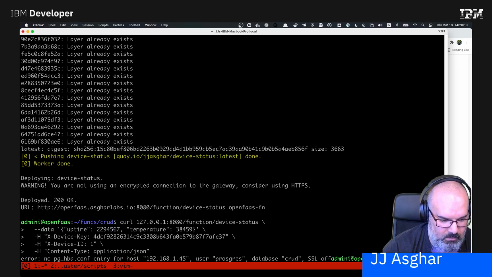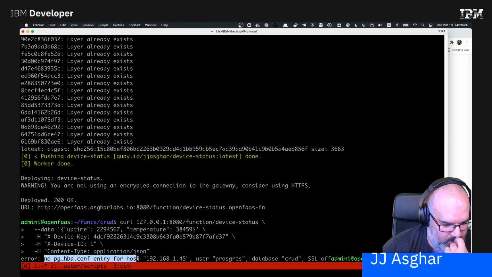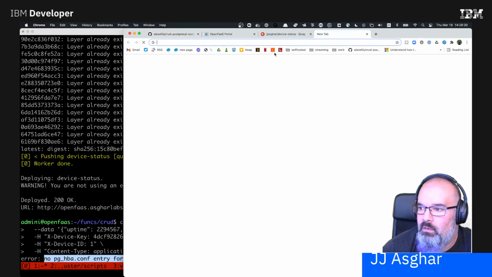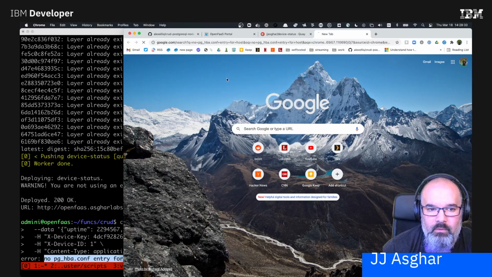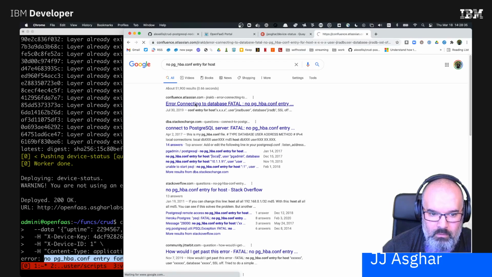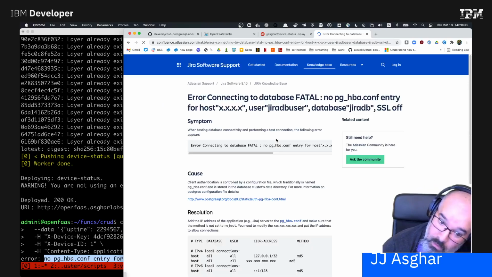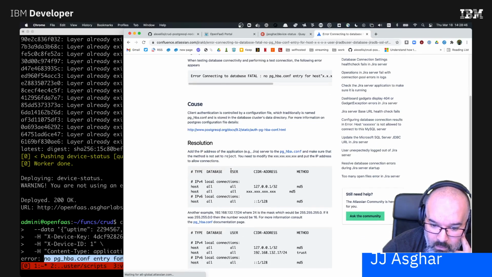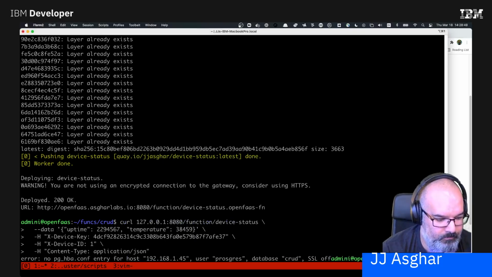Interesting. No content. No HPA entry for host. What the hell does that mean? Paste. Oh, so